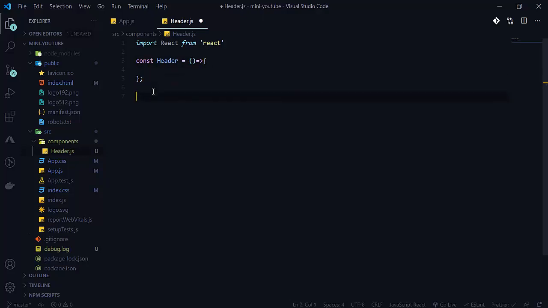First of all, let's export this. Export default. So we are going to export this here. Then it will return simply one thing.